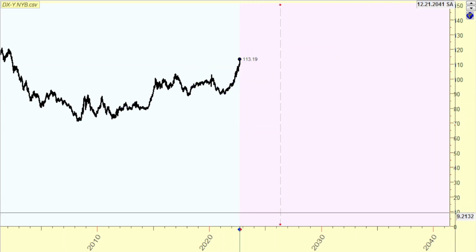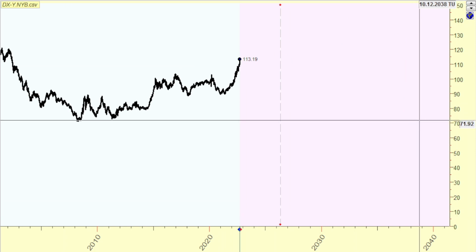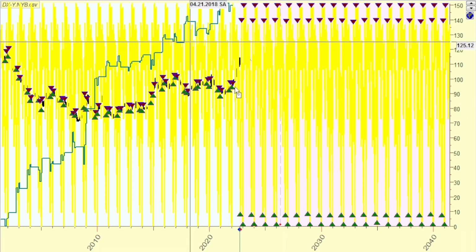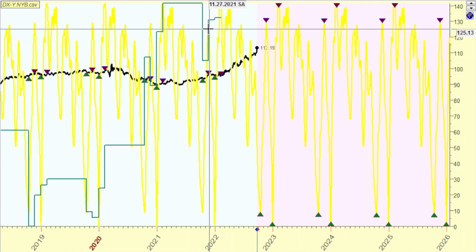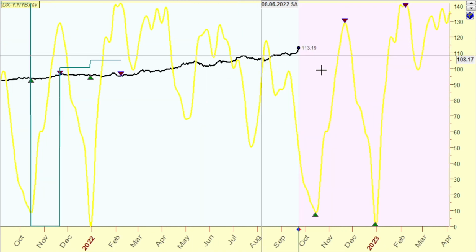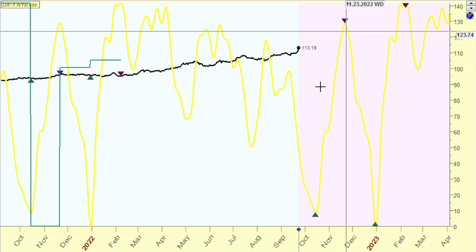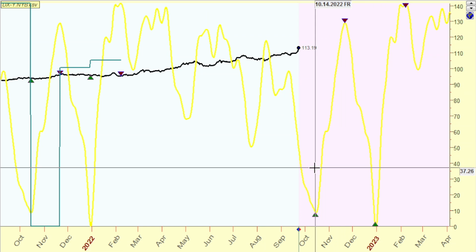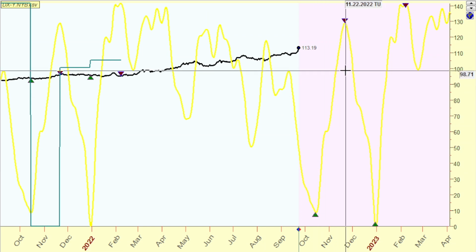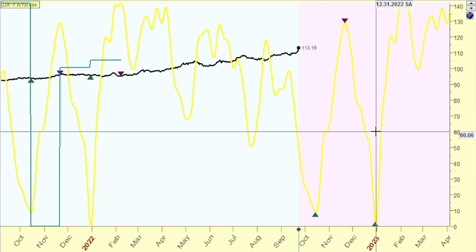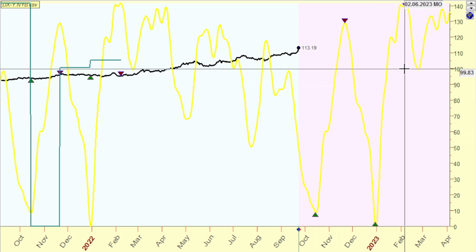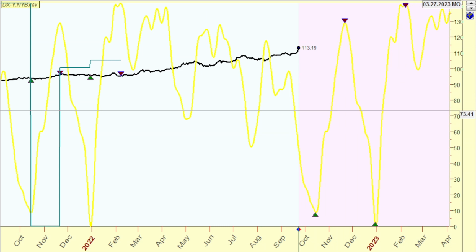Let's see what else I wanted to show you. In regards to the solar cycles, we're going to have to zoom in here a little more. You can see that we have November the 21st. Kind of confirms the seasonality I showed you. It says that it pulls back here to October 14, then it goes up the 21st, and it pulls back. Kind of shows that December is a little weak. Then it goes up into February. So keep an eye on that.